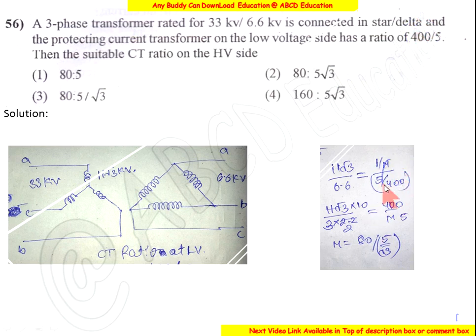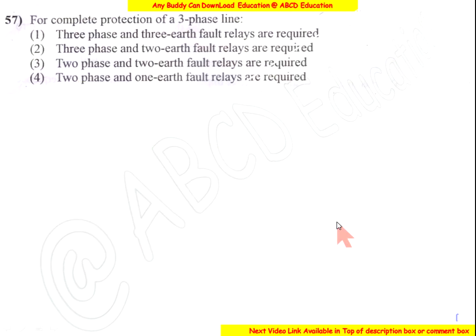Now 1 by n equals 5 by 400. Then we get n equals 80, equals 5√3. So the answer is third. Now come to question number 57. For the complete protection of the